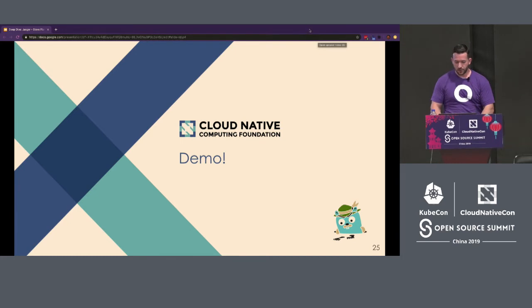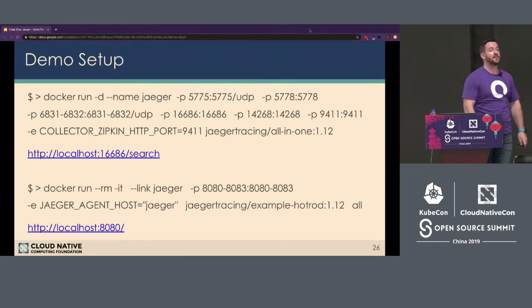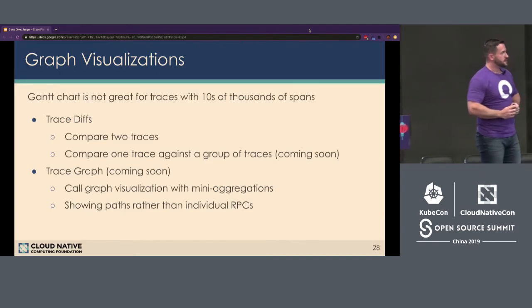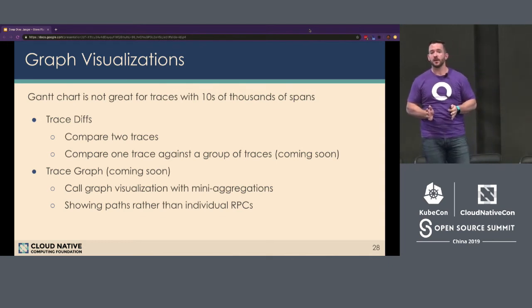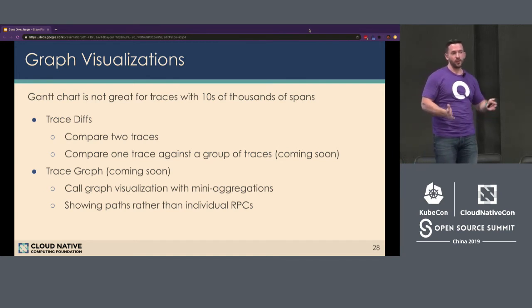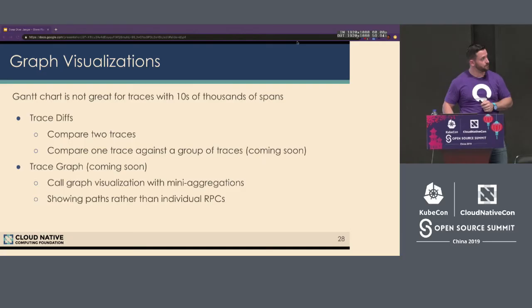I do want to show you some future things as well that are planned. And as I mentioned, I do have these commands in the slide deck, so it'll be easy for you to get after the session. So, graph visualizations. What I showed you with the Hotrod app is really a basic app. It only had 5 or 6 microservices. And if you have a small microservices-based architecture, that will work just fine for you. But if you have a lot of microservices, hundreds or thousands, or if you have a lot of calls, spans inside of your traces, then visually representing them in a UI like what Jaeger provides isn't always ideal. It can be visually complex to see that data.